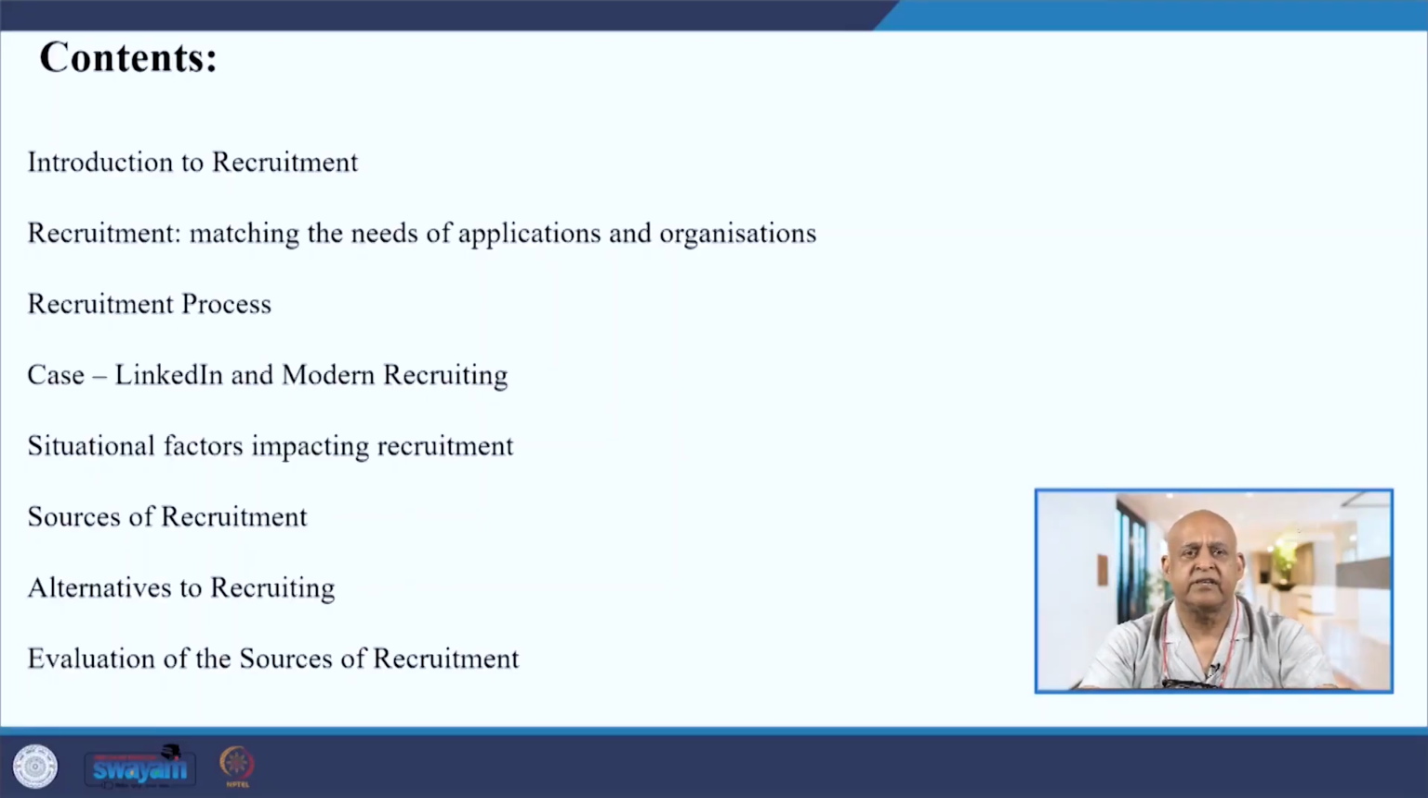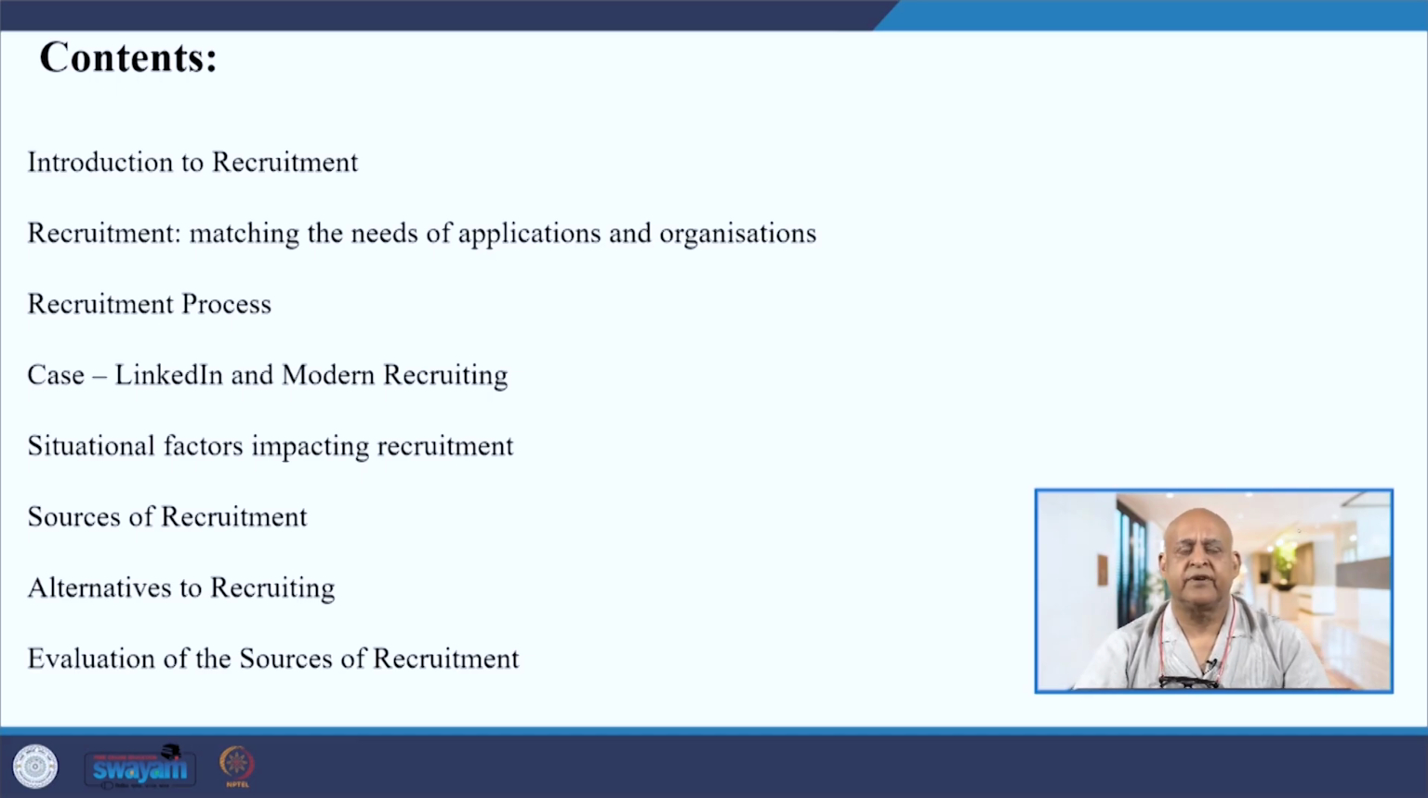These are the guidelines, you can say. You might have also seen my subject, talent acquisition, where we have also talked about the recruitment process. Here we are talking about the recruitment process in general, and we will discuss it with the help of a case study, LinkedIn and modern recruiting, as an example. Then we will talk about the situational factors impacting recruitment, and the sources